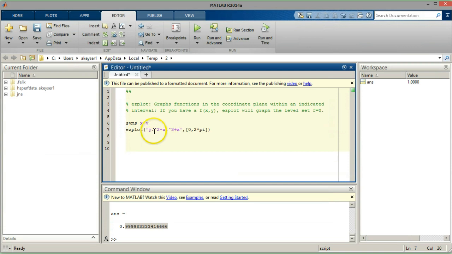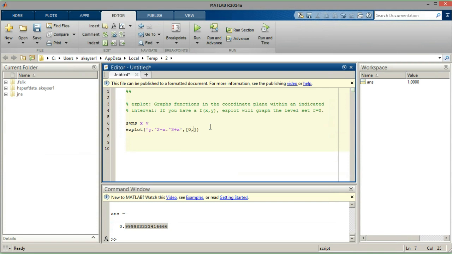Notice that I put a dot, a period, before this square. That is because I am dealing with symbolic objects. I'm not dealing with a number, let's say 1 or 2. I'm dealing with an object that's forever changing. Okay, so what you're telling the computer is deal with this symbolically, deal with this as a variable, and that's what these dots do. So when you put variables to some power, you need to put the dot in first before you do this. Okay, so let's graph this on, let's say